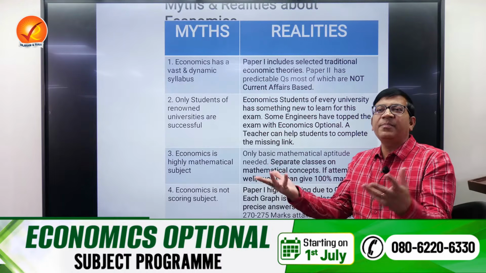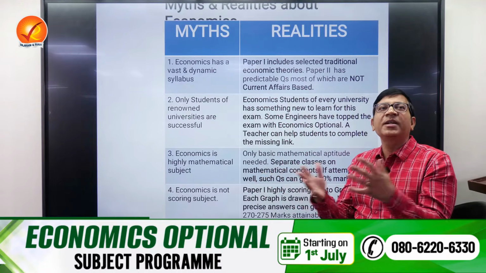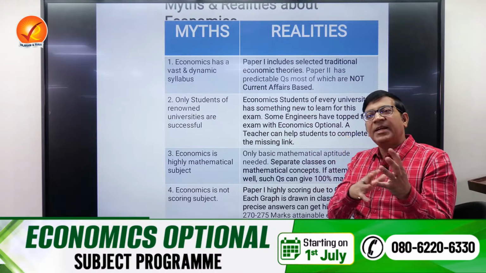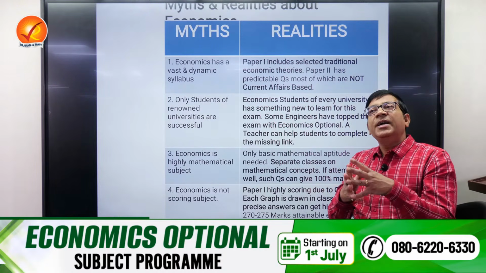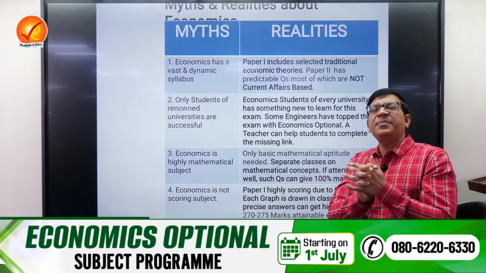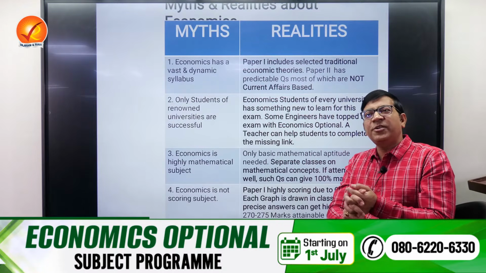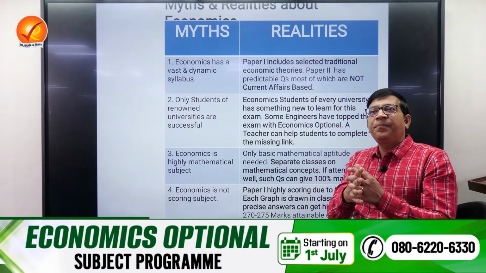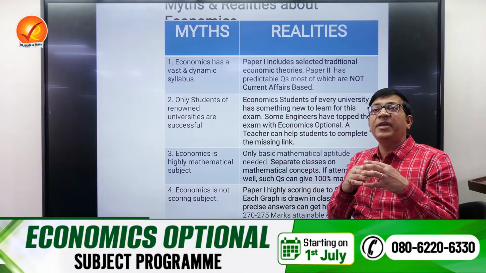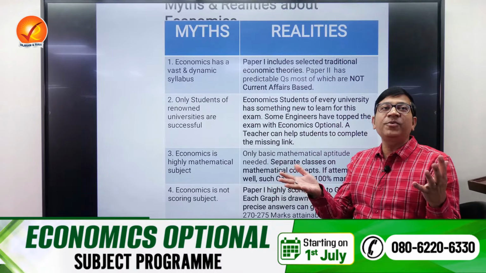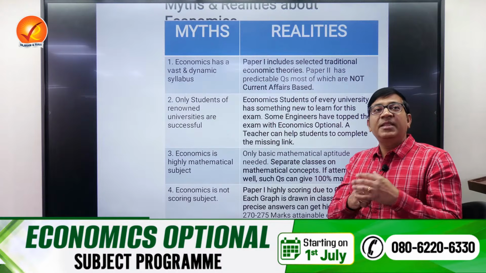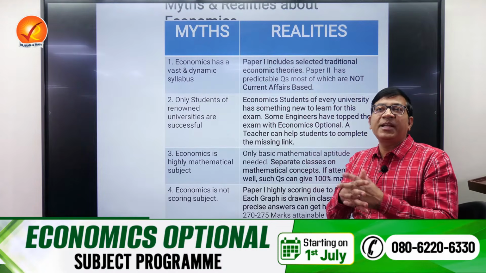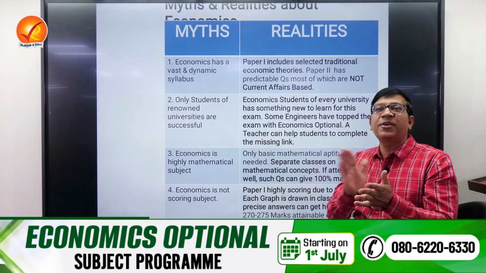So what is dynamic there? Are you getting the point? That is the reason I said most of it is the static portion. In paper 2, maximum 10%. When I say 10% also, I'm on the higher side. Suppose sometimes they give a very surprising question in paper 2 where there are more current affairs related questions, then I'm saying that they may give something like 10-15%, but even that is not common.